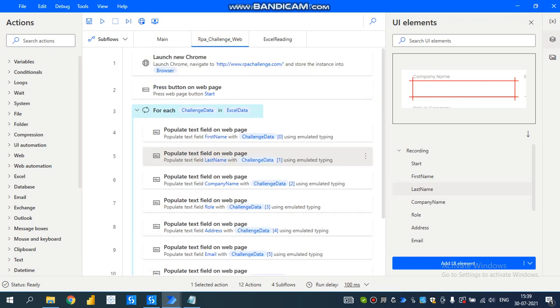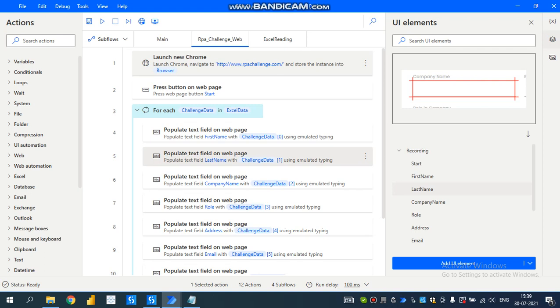Now we'll see the data entry in the RPA challenge. In the first step we launch the RPA challenge website using Chrome. Not only Chrome, we can use Internet Explorer, Firefox, Microsoft Edge, like that.